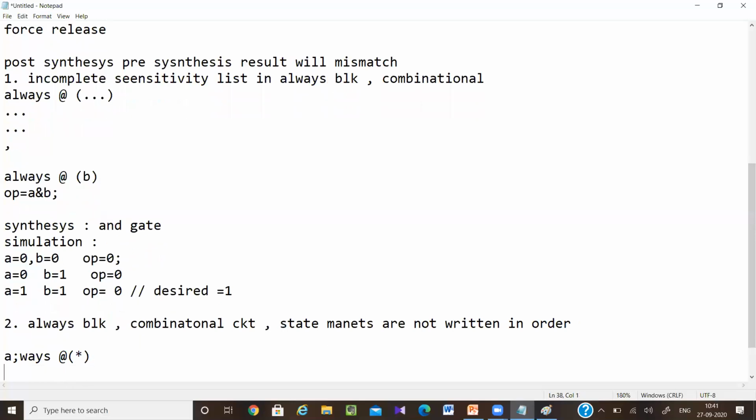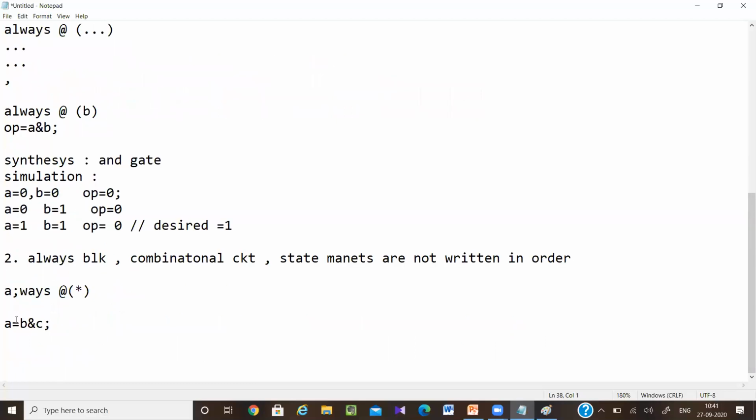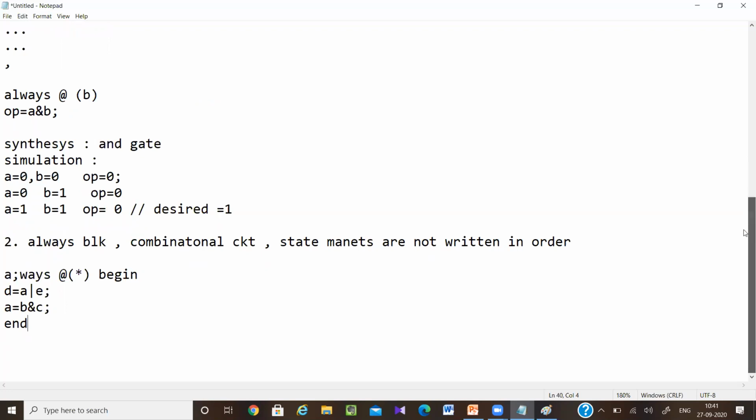Then I am writing A equal to B and C. And here I am writing D equal to A or E. Okay. See here, this is not written in order.